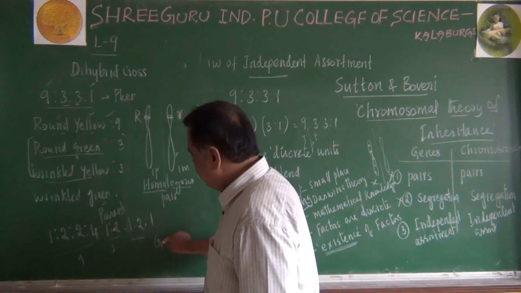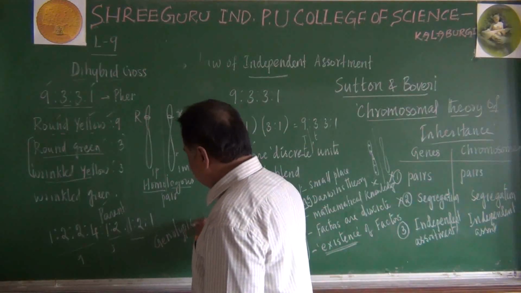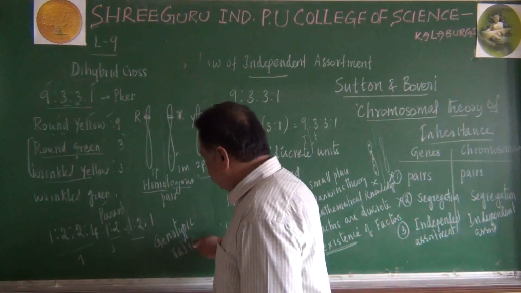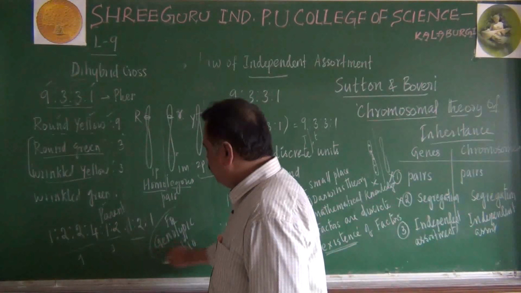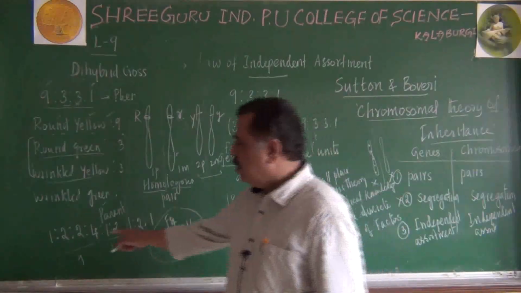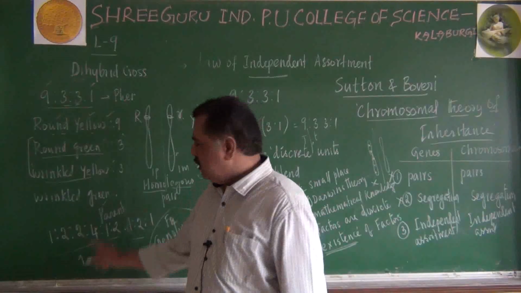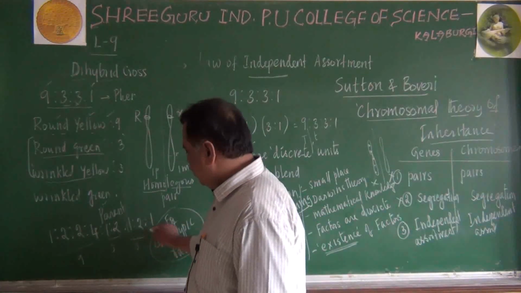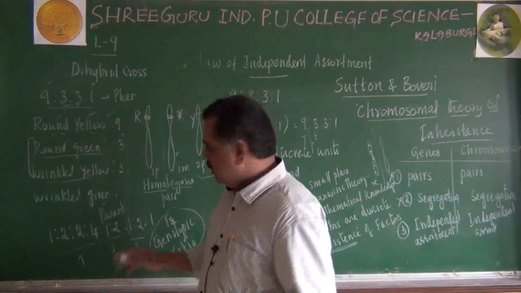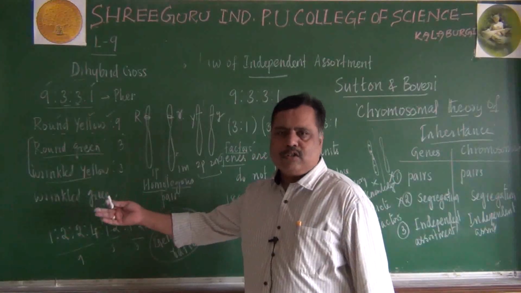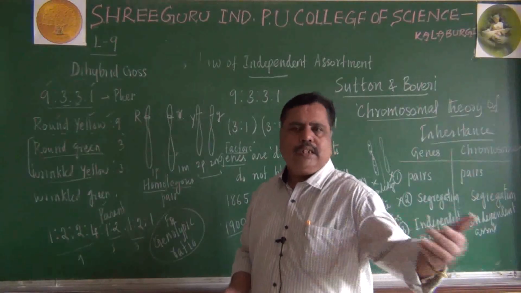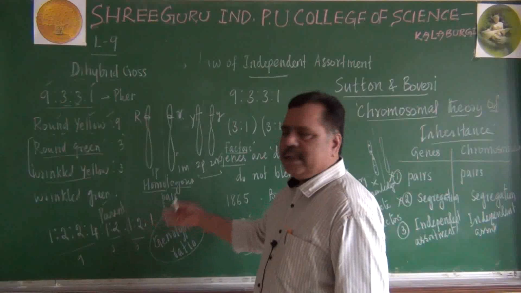This is the genotypic ratio of what? Of the dihybrid cross F2 generation. The F2 genotypic ratio is 1:2:2:4, 1:2, 1:2 and 1. What is that 1:2:2:4? It is nothing but 9. What is that 1:2? 3. Another 1:2 is 3, and 1 is here. So that depends on what is genotypic? Genetic makeup. Genetic makeup can be either homozygous or heterozygous. When you take two characters, it can be double homozygous or double heterozygous, single homozygous, single heterozygous, like that various forms are there.